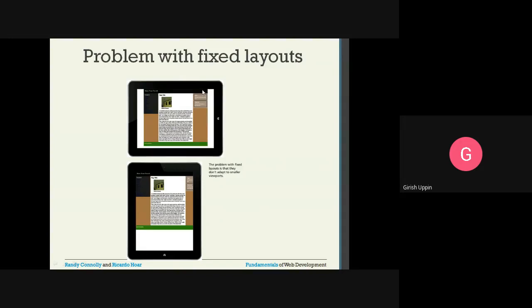Because it is a fixed width, it will show the content which fits in your viewport, and whatever content does not fit will be truncated, meaning you won't be able to see that content. You can see on the right hand side it has been chopped here. That is the problem with fixed layouts.